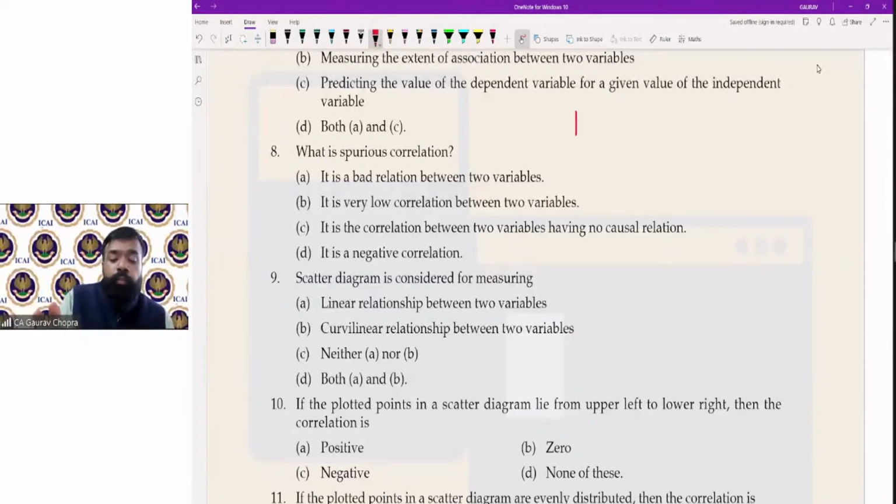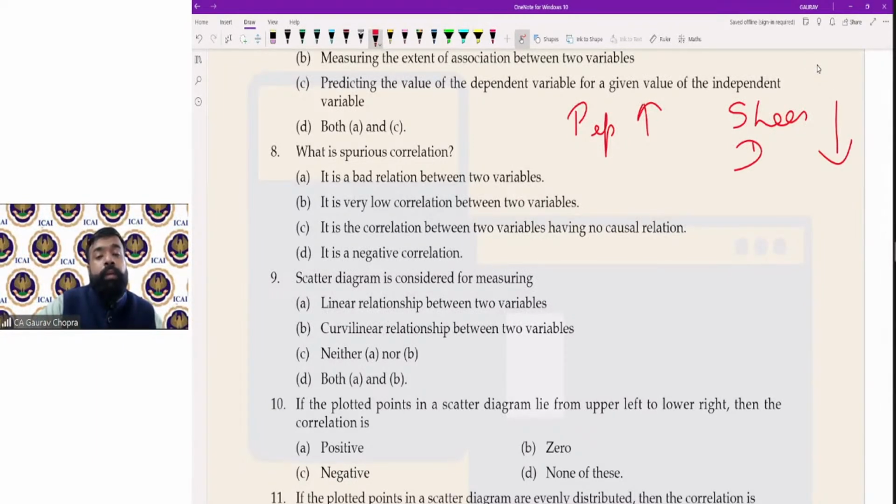इफ वी टॉक अबाउट सेल ऑफ पेप्सी, पेप्सी की सेल इंक्रीज हो गई एंड शूज की डिमांड कम हो गई. पेप्सी की डिमांड बढ़ने की वजह से क्या शूज की डिमांड कम होती है? क्या इन दोनों में आपस में कोई रिलेशन है? नो. पेप्सी एंड शूज आर टोटली अनरिलेटेड, तो इसका एक दूसरे पे कोई इफेक्ट नहीं होगा। दिखने में हमें अपोजिट डायरेक्शन में दिख रहे हैं, बट एक्चुअली देयर इज नो रिलेशनशिप। तो ऑप्शन नंबर सी, it is the correlation between two variables having no causal relation, दोनों में कोई cause and effect relation नहीं होता है।